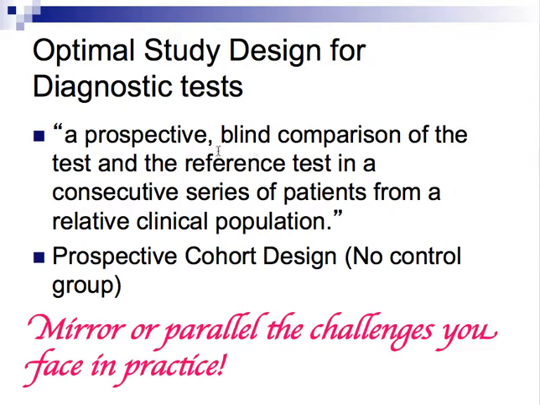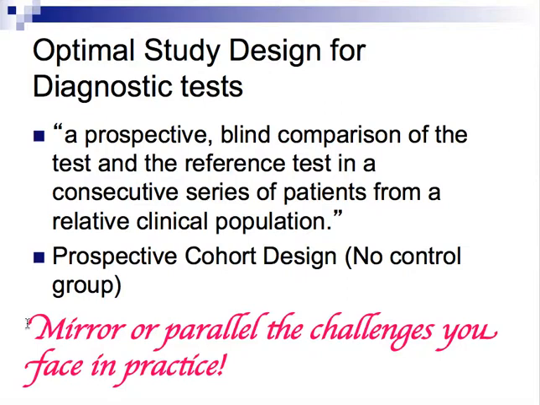So we're starting to understand, from the first unit on diagnostic tests for EBP, why this definition is used for a 1B study: a prospective blind comparison of the test and reference test in a consecutive series of patients from a relevant clinic population. So the emphasis on this prospective cohort study and the consecutive groups of patients is because the heart of EBP